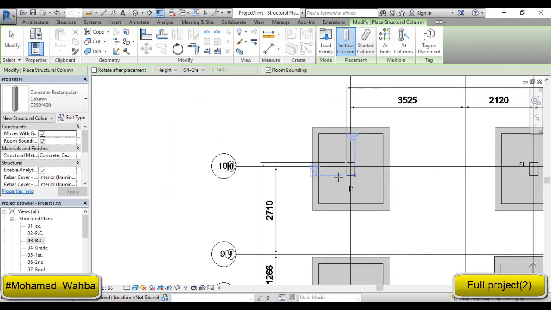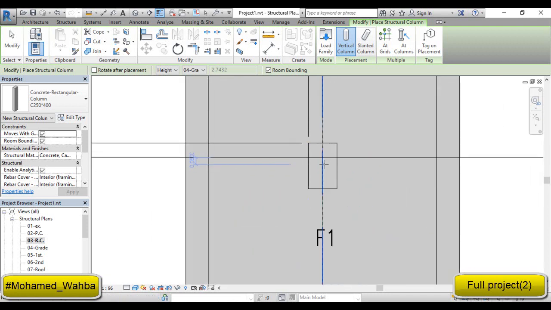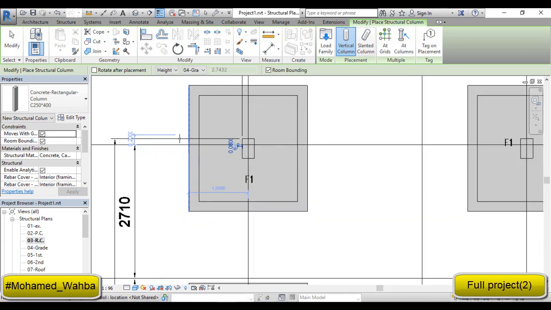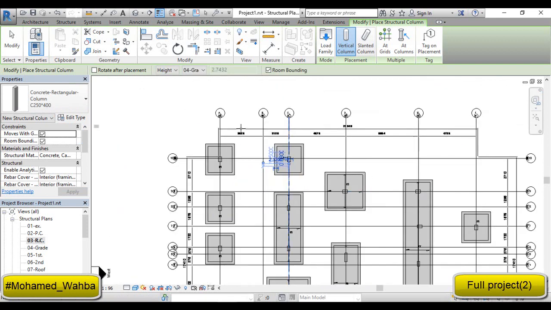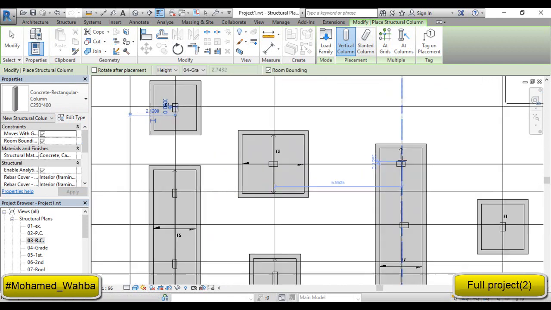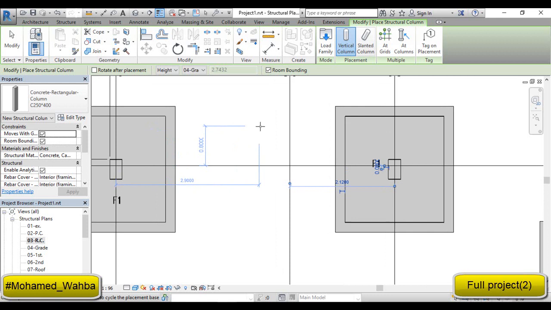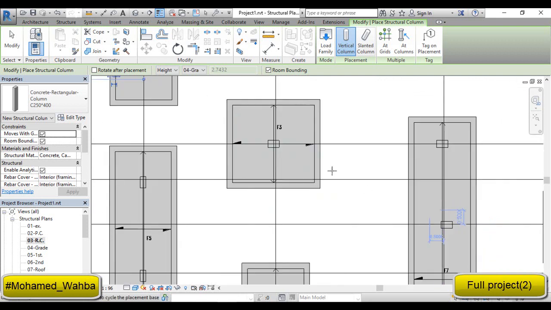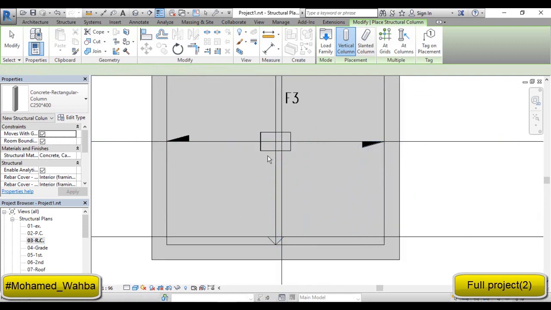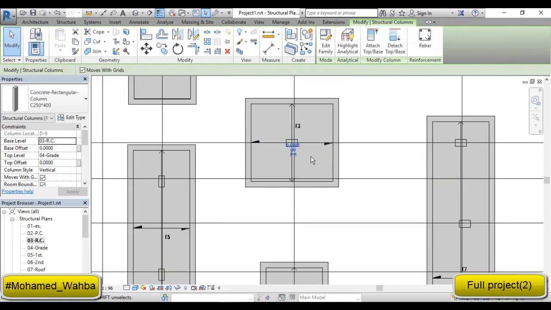So draw that. I will press space and draw here this column, and here I think I can draw one vertical and one horizontal, and copy these ones. For example, I will draw one horizontal like this. Get out of this command. To know the columns that have been drawn, I will